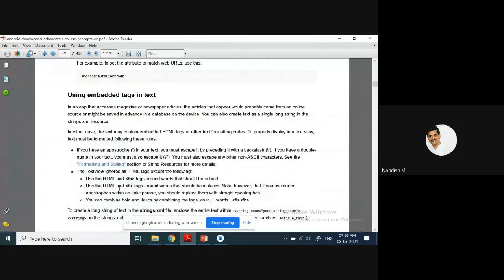Even you can use the HTML tags in between. Assume that in the code which is going to be set to the screen, it contains single quote or double quote.